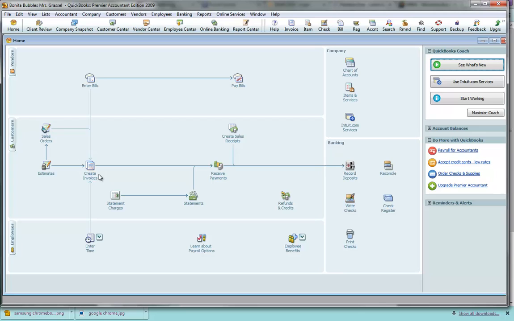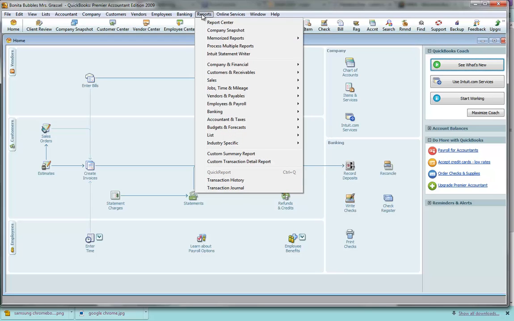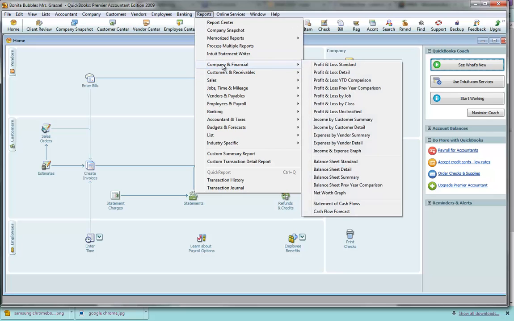So an income statement in QuickBooks, because a lot of non-accountant people don't really get what an income statement is, but they would talk in terms of profit and loss. So what we are going to have to do is go through and print a profit and loss report. To do that, we're going to go under our reports menu. And we're going to choose company financial, which is the very first report option. And then you can see that we have profit and loss. There are lots of them listed here. We have standard, detail,